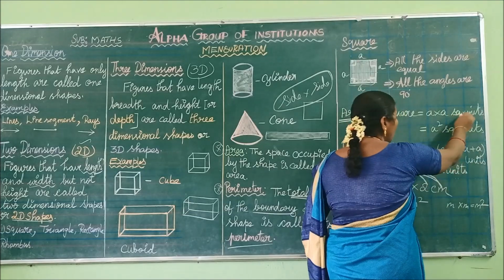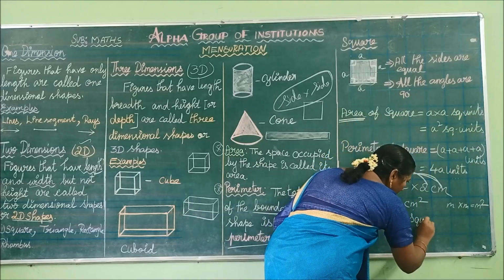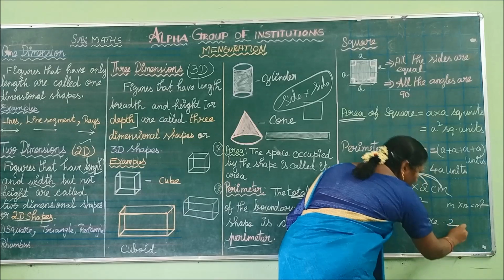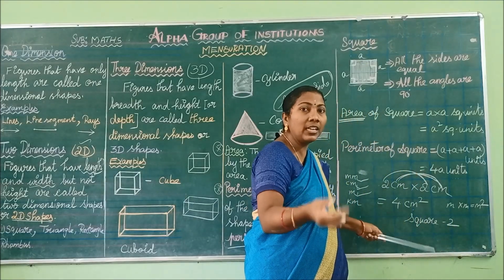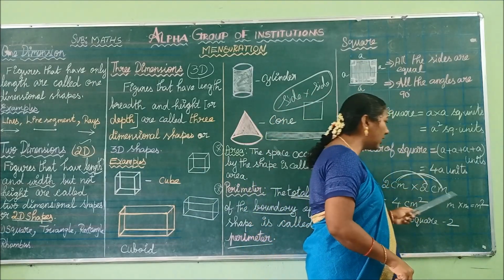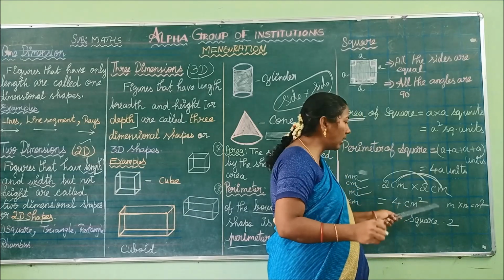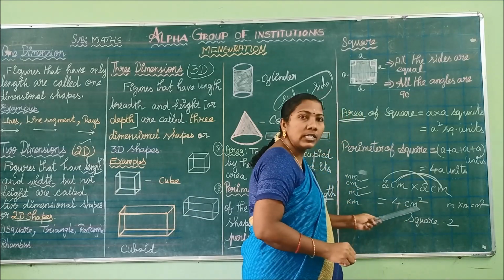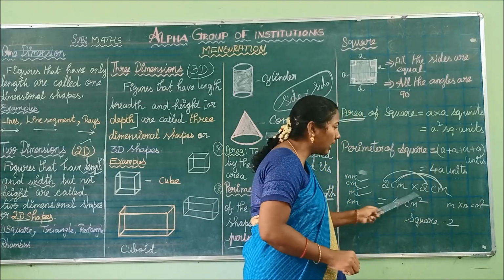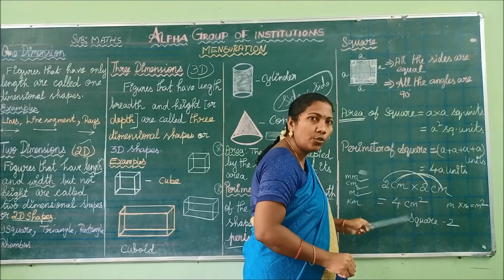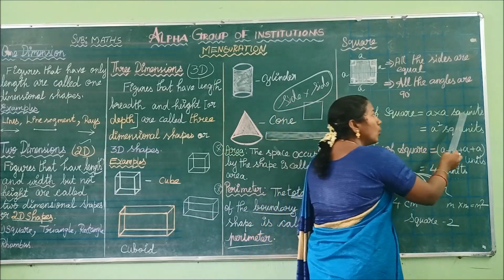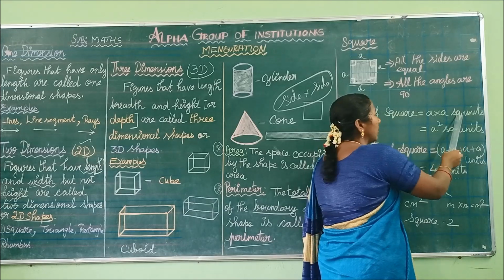So meter square means square units. Here sq means square, like the number 2 on the unit. You have to square that unit. What is the unit here? Centimeter. Now we write the answer as 4 centimeter square. Thus we are squaring that unit. That's why we write square units. I hope you understand clearly.